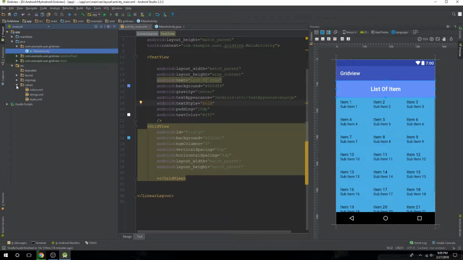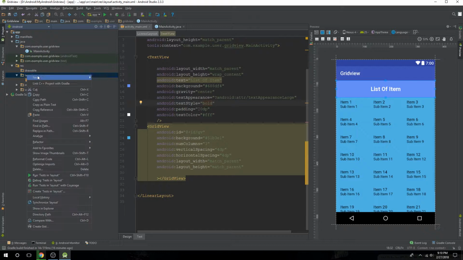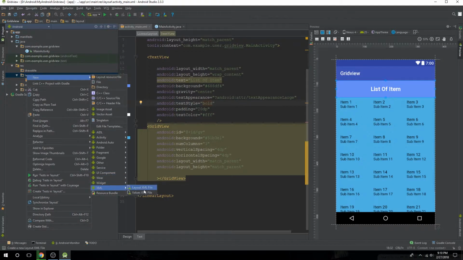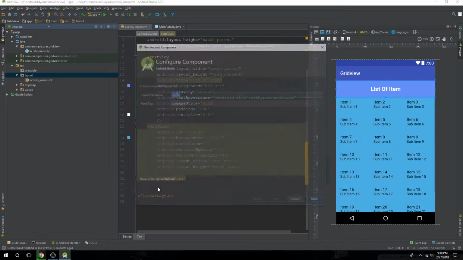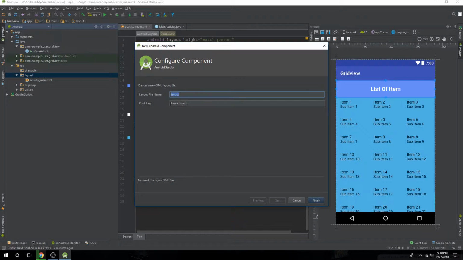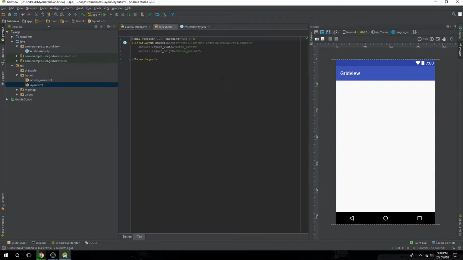And for that, I'm just going to go to the layout folder, and I'm just going to make another layout, which is going to be our example layout. I'm just going to leave it with the default name, and this is layout,